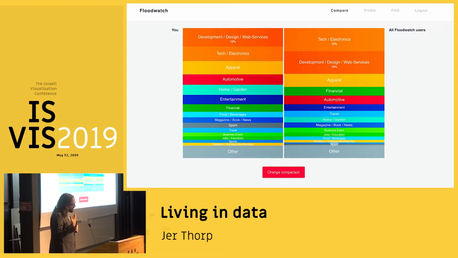And what we're trying to do with tools like this is to give people a sense of agency, right? This idea that they can understand these systems that are acting on them, a way for them to listen to what's happening in their digital world, in their data world, and translate it into something actionable. And when I say actionable, both this project and the last project have another component which I haven't spoken about yet, which is that they both have mechanisms to allow you to share this data securely with researchers.